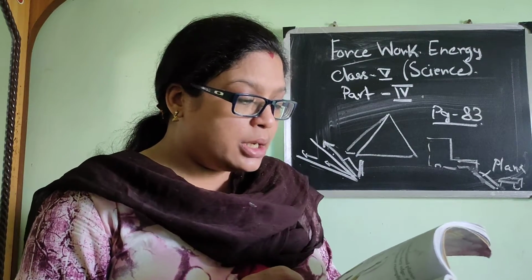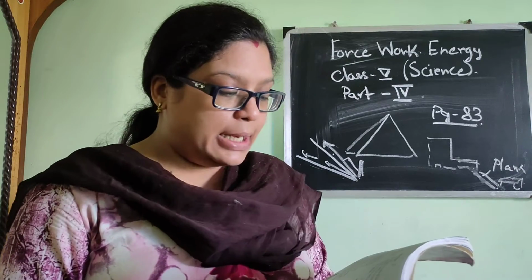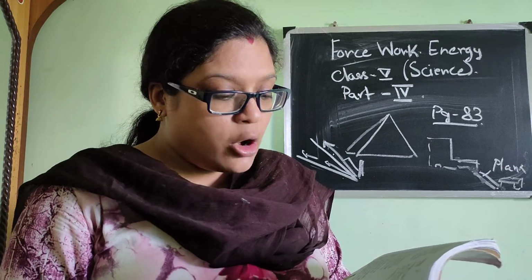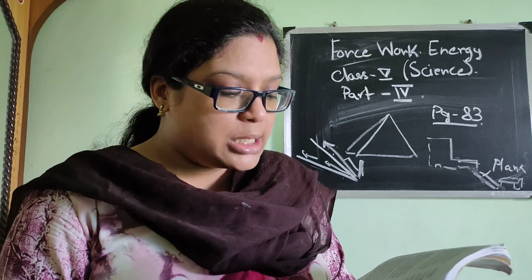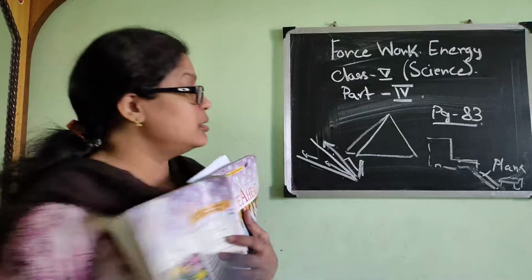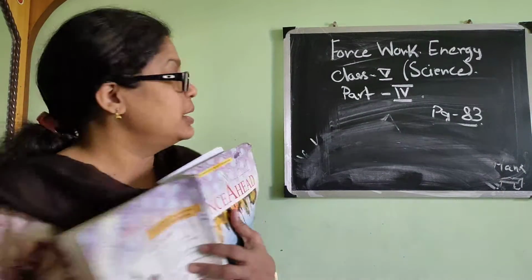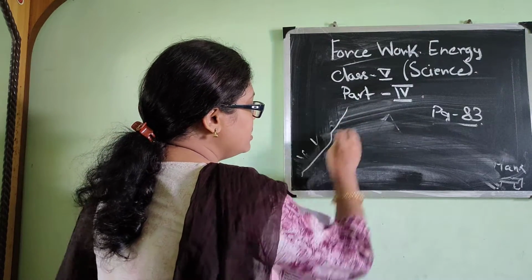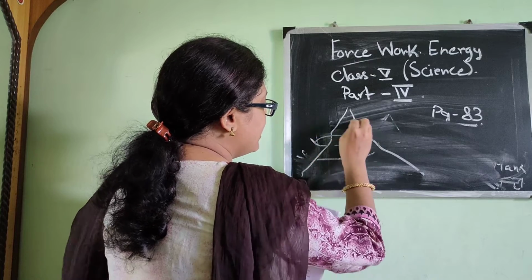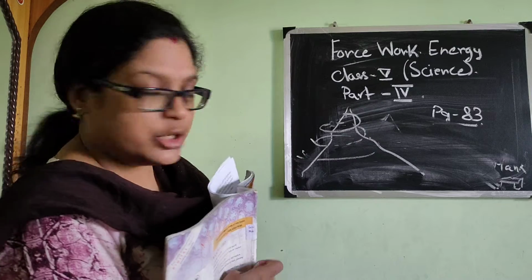A winding mountain road is also an inclined plane. If a steep road were built directly up the side of the mountain, buses and cars would not be able to go up. In case of a hill station, many of you have visited a hill station, I know. So, you have seen that suppose this is a mountain and the roads are like this, isn't it? They are rotating and they are reaching us to the destination, isn't it?